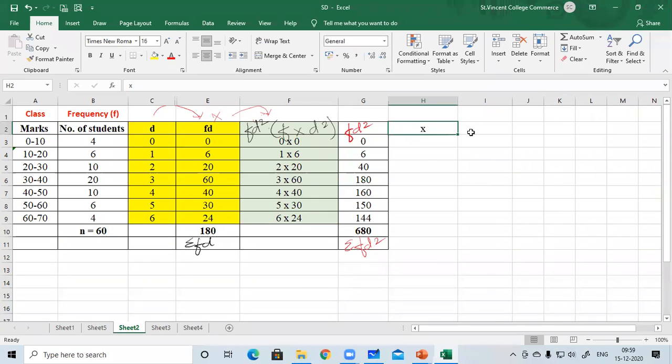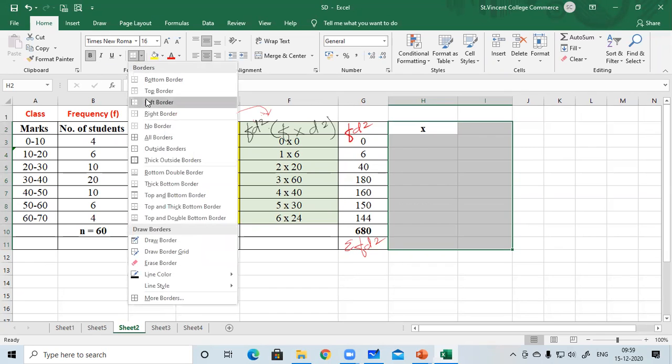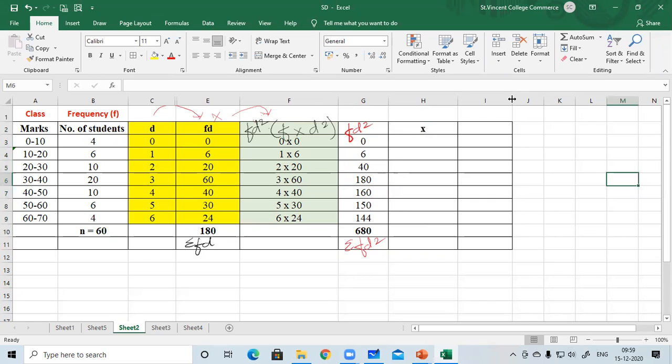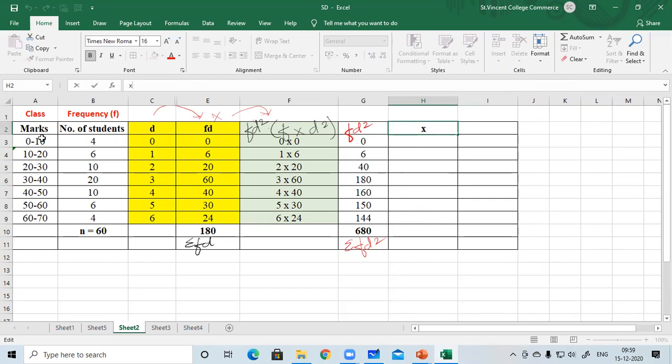What is x? Does anyone remember what is x when it comes to grouped data? Mean of the upper limit and lower limit. What you're saying is right, it's usually called the midpoint. So midpoint of the upper limit and the lower limit, right? So how to find x? X is upper limit plus lower limit divided by 2.